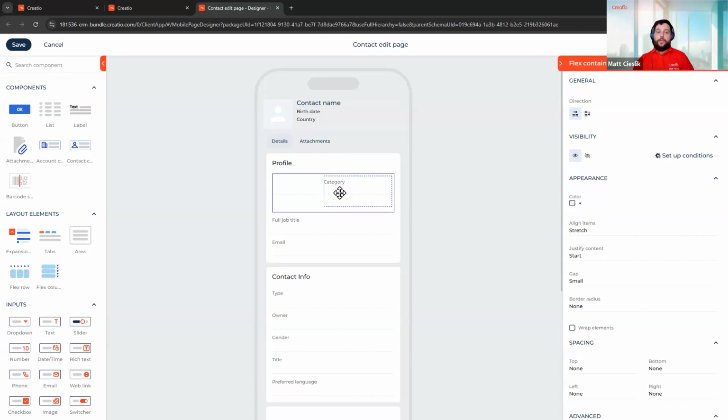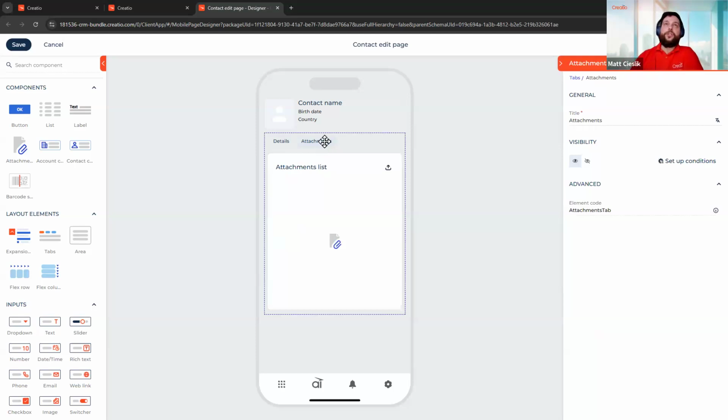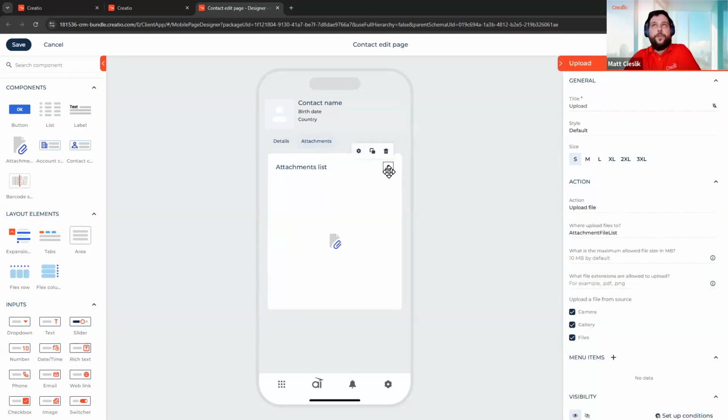And another thing, or maybe the last thing I would like to mention in terms of our contacts edit page would be the attachments tab themselves, right? Because in here you can see we've got a very, very special button, which is upload file. And that also differs a little bit from our desktop devices, because in here we have to decide what is going to be the source of the uploaded attachments,